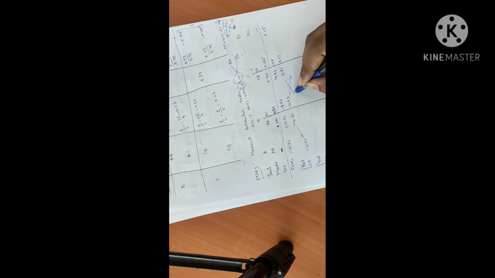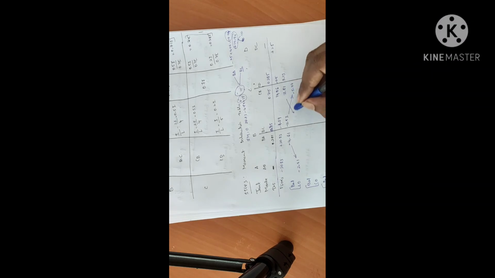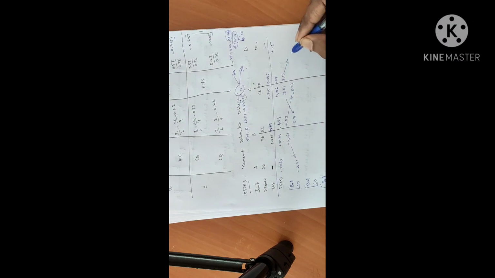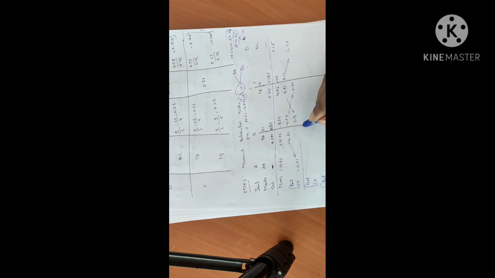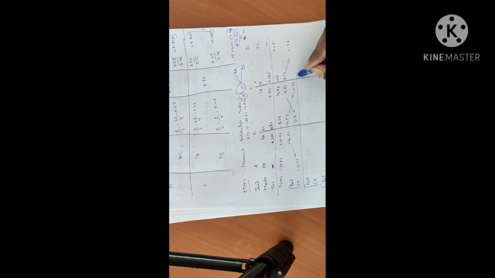CB member will be carried over to BC. Here, half, always half, will be the carryover. Half of 11.53, the sign will remain the same, is 5.77, and half of 7.81 will be 3.91, and half of 3.13 will be 1.75. This is the carryover. Now this one cycle of balancing is over.